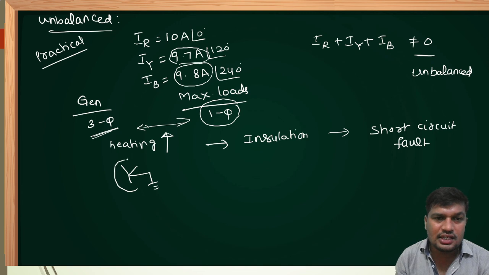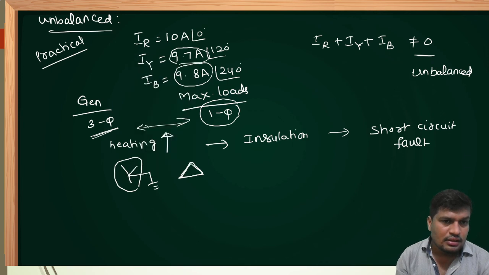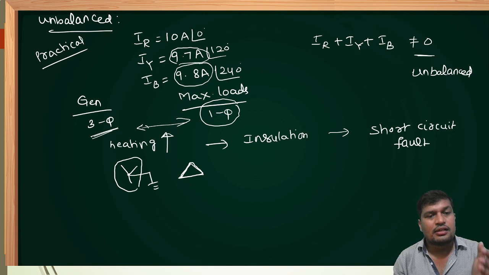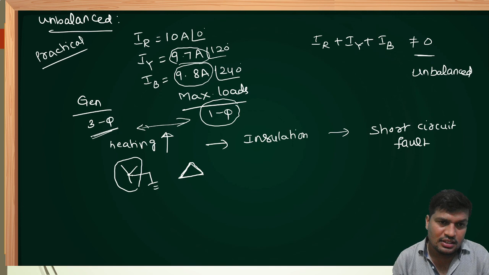For that, we are selecting stator winding as star winding, but not delta winding, because in delta winding, a common point is not available between these three phases. There is no common point for all three phases. When there is no common point, there is no neutral, but there is a common point in star winding. Automatically neutral is available, and we can give grounding, which is called neutral grounding. This neutral grounding will bypass or discharge the circulating currents due to unbalanced conditions, and it can also bypass the fault current when a short circuit fault occurs in the power system.